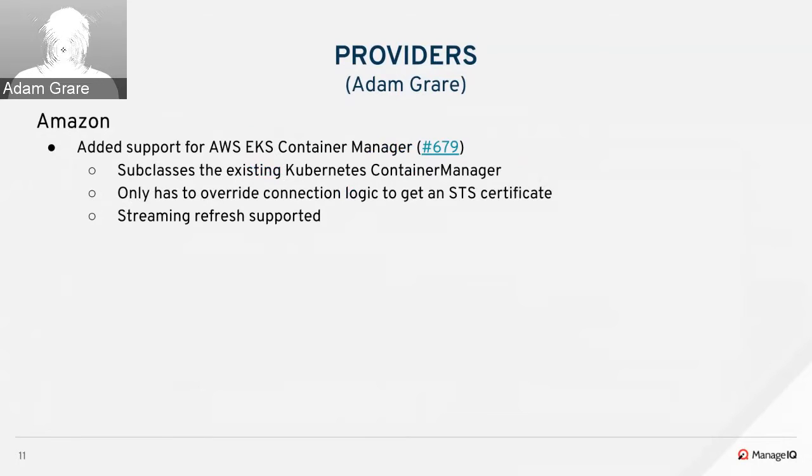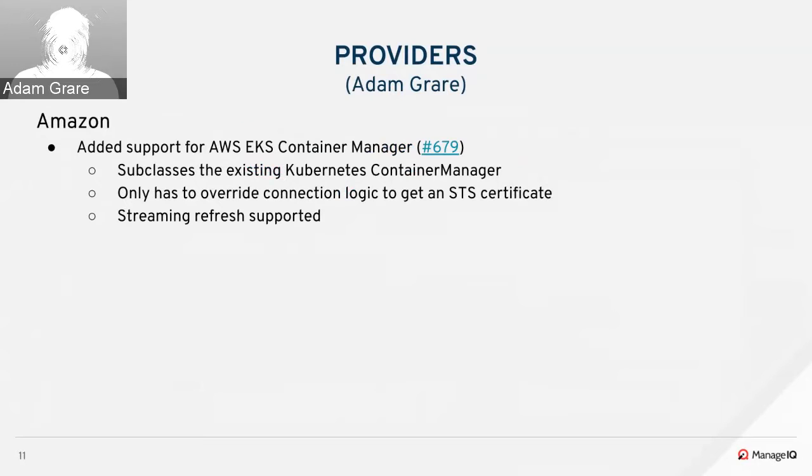Previously, we would have had to do this with a lot of mix-ins, and this just made it a lot easier for us to just say Amazon EKS Container Manager is a type of Kubernetes container manager. So what that allowed us to do is bring all of the existing refresh code over without having to redefine anything. Essentially, the only thing we had to do was implement raw connect